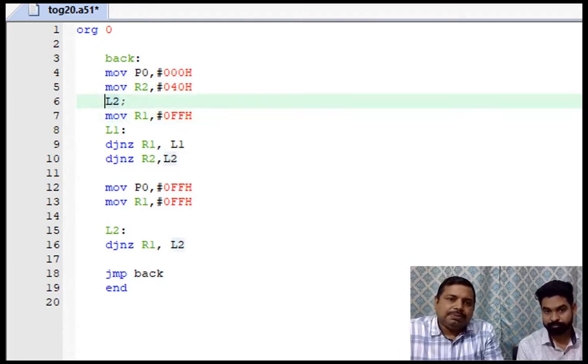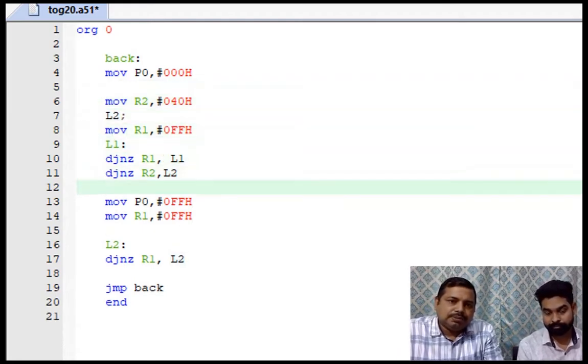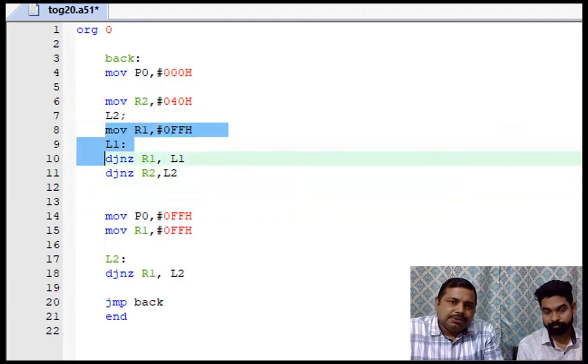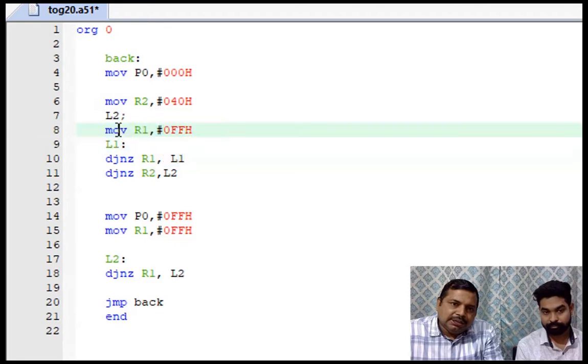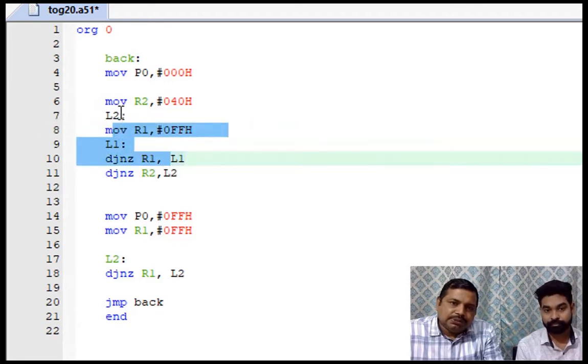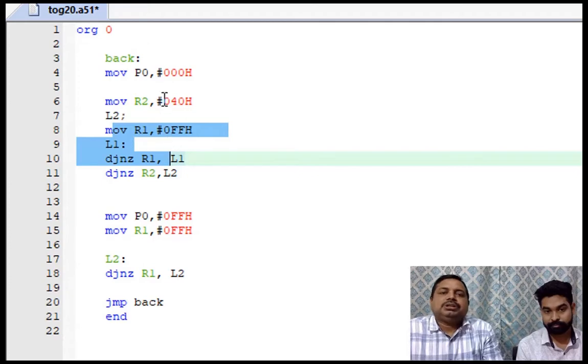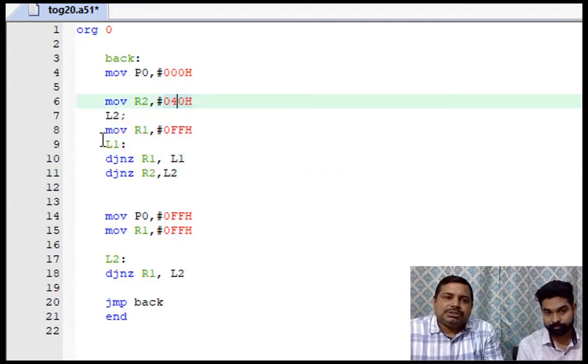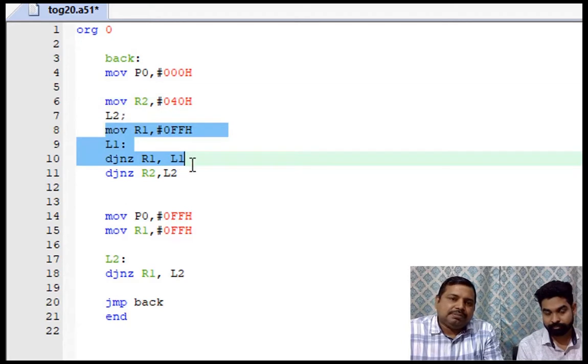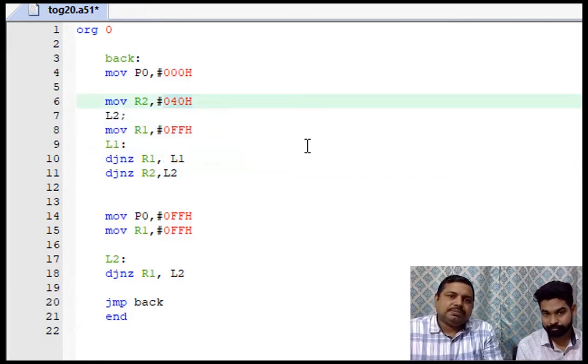Okay, so what we had done is here, now this is our delay loop. Earlier we were having only this much delay. Now what we are doing is, one time this loop is finished, we will decrement R2, and then we will go back and run this loop again. So it's 2 times, then 3 times, then 4 times. Actually we need not run 40 here. This much is giving us around 500 microsecond. So for 20 milliseconds we can get approximately 40 times. So this has to just run 40 times.